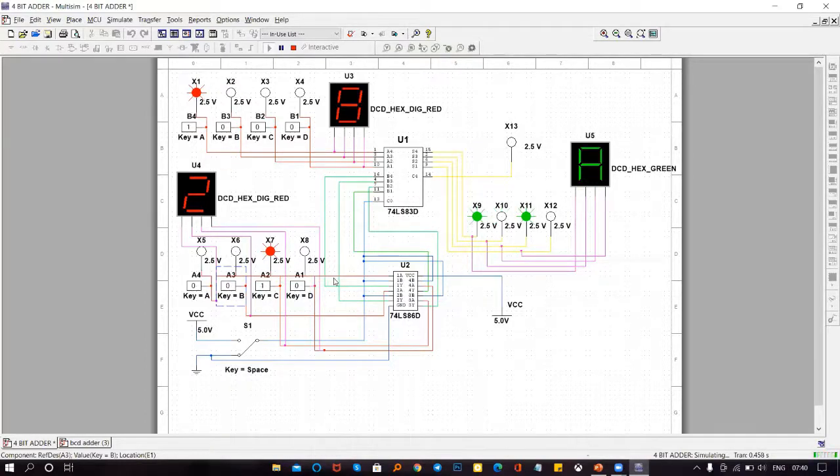So 8 plus 2, it says A, which is the hex representation of 10. So let's perform the subtraction operation. 8 minus 2, which is 6. 8 minus 1, it says 7. So hence the values are verified.